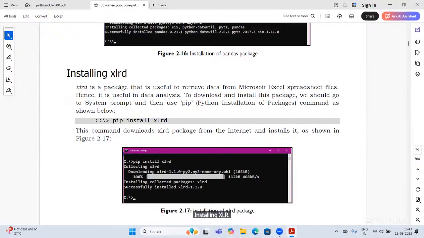XLRD is a package that is useful to retrieve data from Microsoft Excel. If we want to work with Excel data, Microsoft Excel data, in our Python program, this package XLRD is needed. XLRD is a package that is useful to retrieve data from Microsoft Excel spreadsheet files. For that, the same command: C:/> pip install XLRD. Enter.